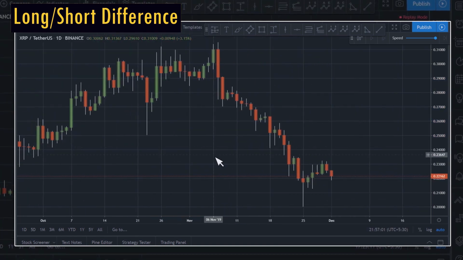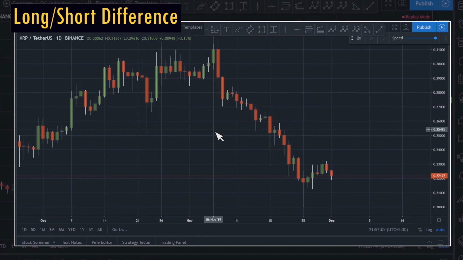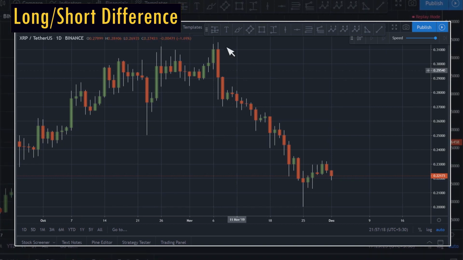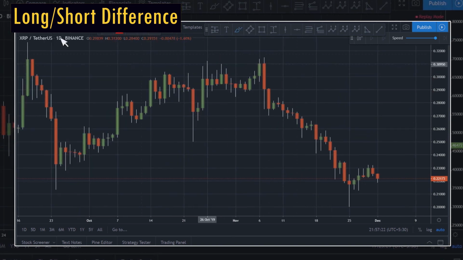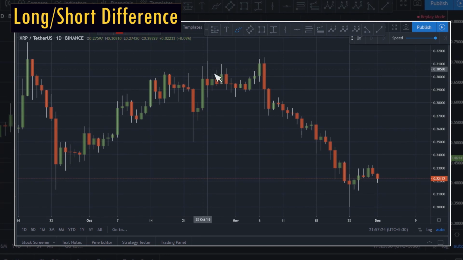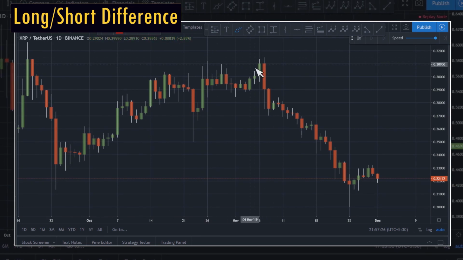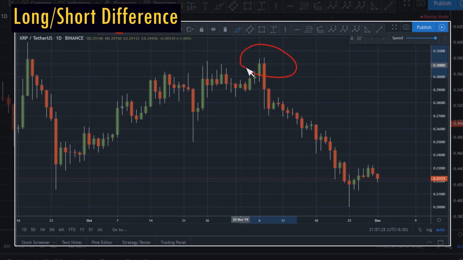To look at a short trade, you would do exactly the opposite. You would first sell at a higher price and then buy back at a cheaper price. But you might wonder, how can we sell a coin when we don't even have it in our account? That's when margin trading comes in handy. Because margin trading allows you to borrow funds, you can borrow the coin that you want to short. So in this case, let's say I want to short XRP. I would first borrow XRP coins when the price is at this level, and then I would sell these coins at a higher price.